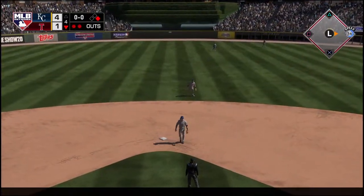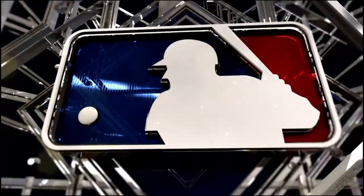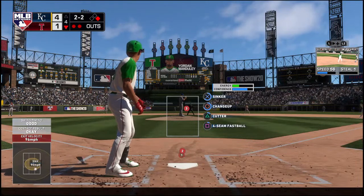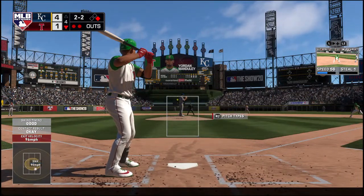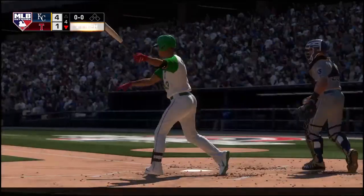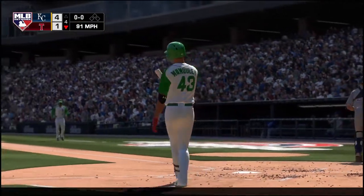Nice execution right there, Dan. Kept his front shoulder in, kept his hands inside the baseball and ripped the base hit up the middle. And if you're a pitcher right there, you can't get discouraged. Sometimes even when you make a... And we'll have to leave it there as this is strike 3, and that will...